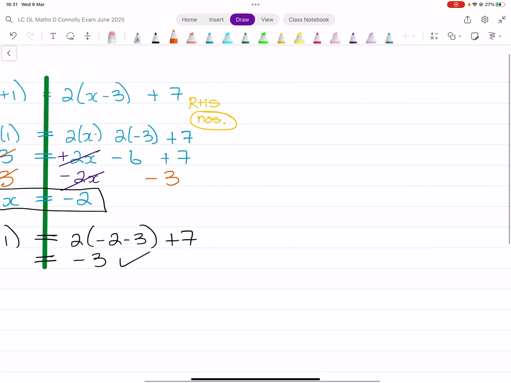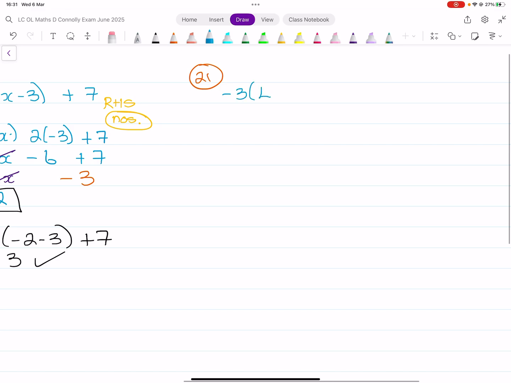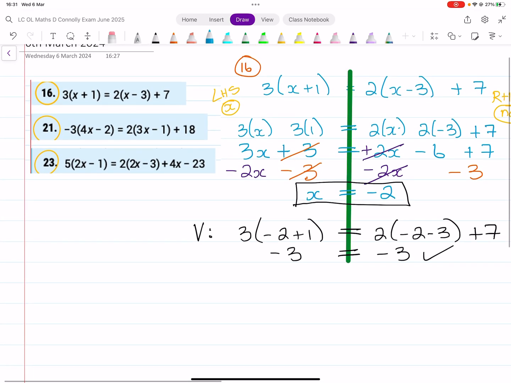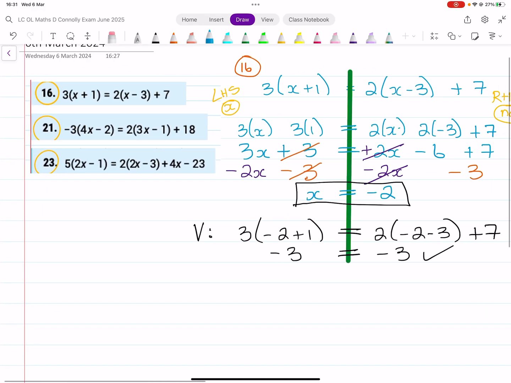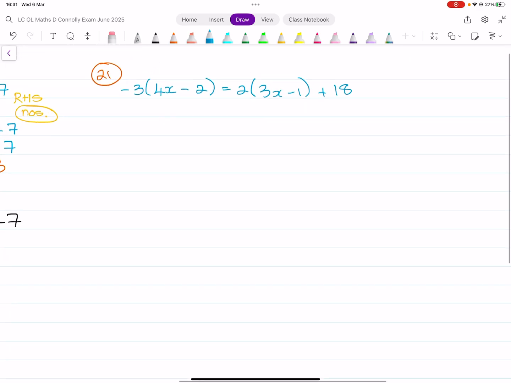Okay, keep going. 21. So 21 is minus 3 times 4x plus 2. Oh, sorry, 4x minus 2. Okay, so minus 3 times 4x minus 2 equals 2 times 3x minus 1 bracket, and then plus 18. All right, so same again, drop down the line so we can clearly see the left-hand